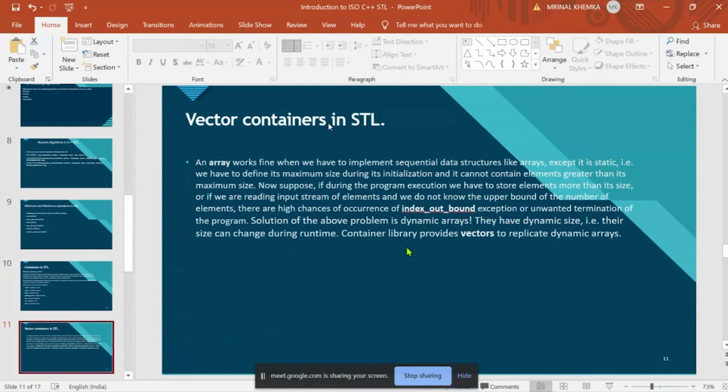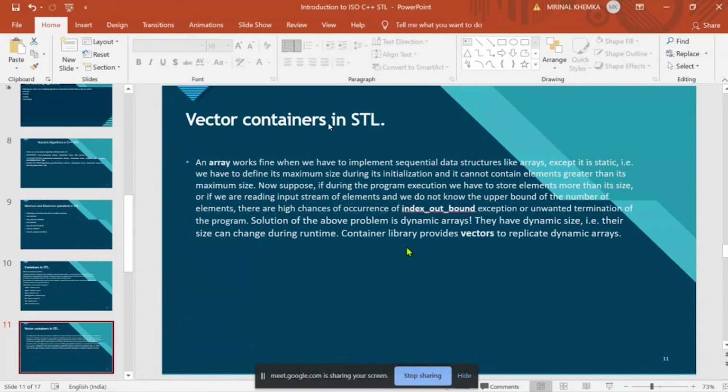Vectors are basically the same as arrays, but arrays work fine only when we implement a sequential data structure of static size. We have to define its maximum size during initialization, and it cannot contain more elements than its maximum size.